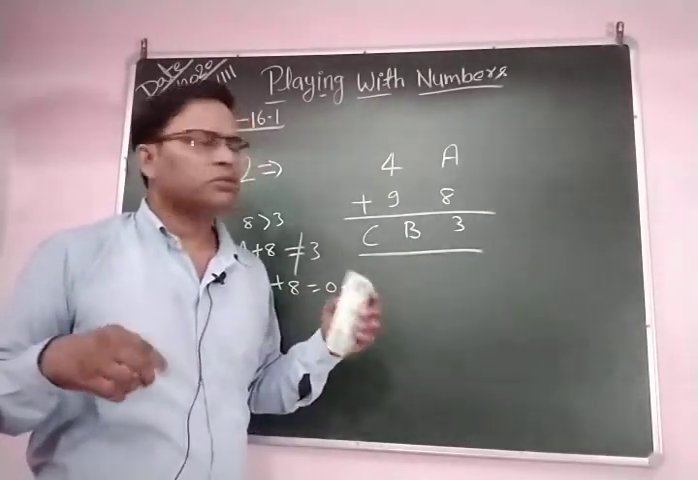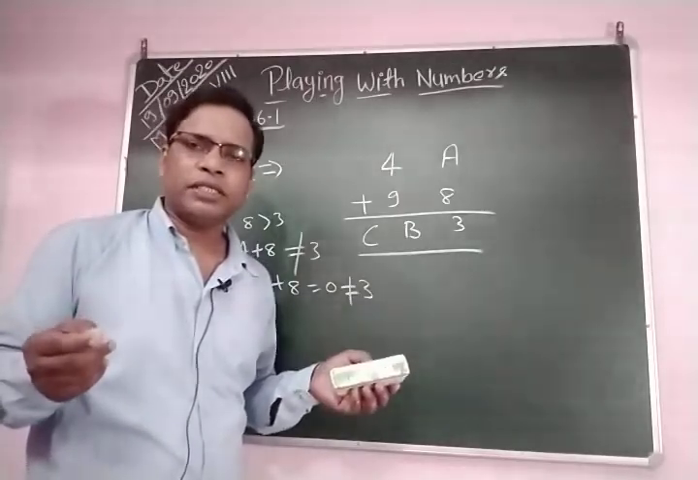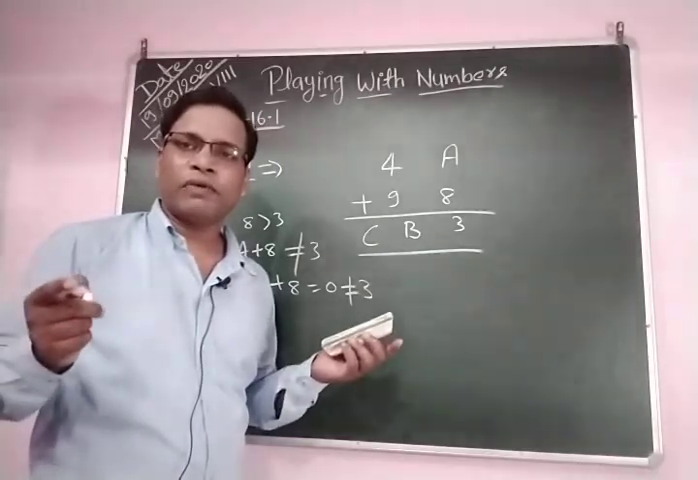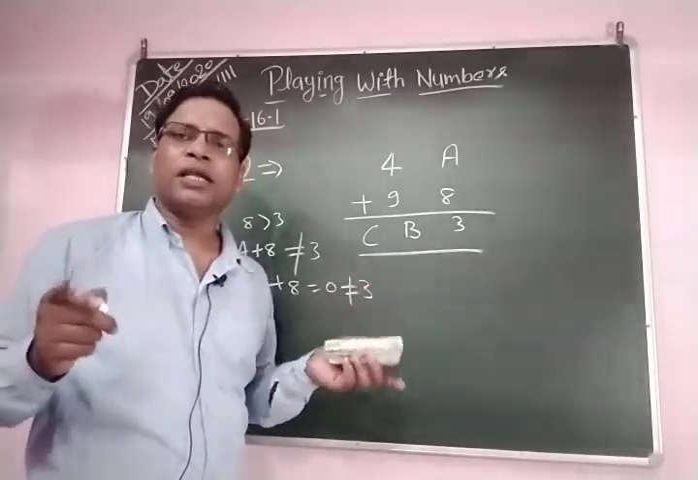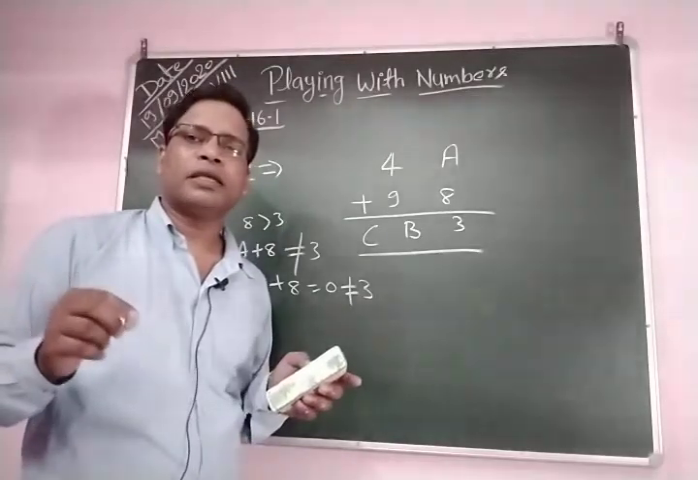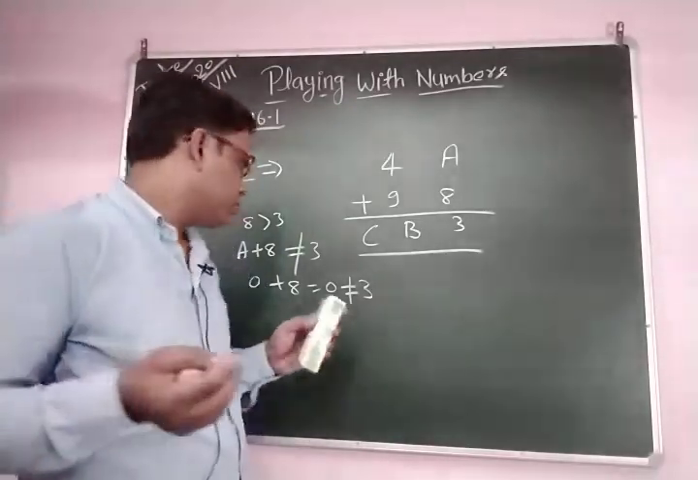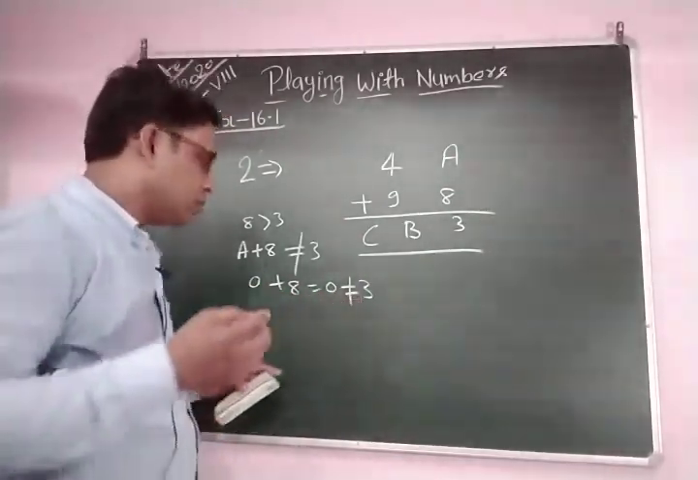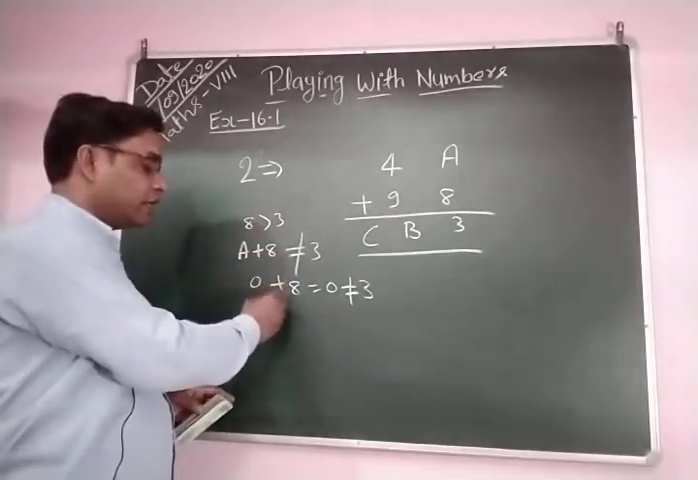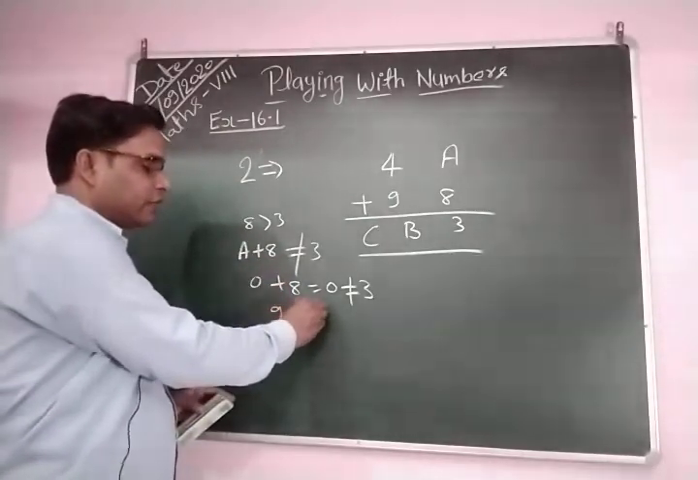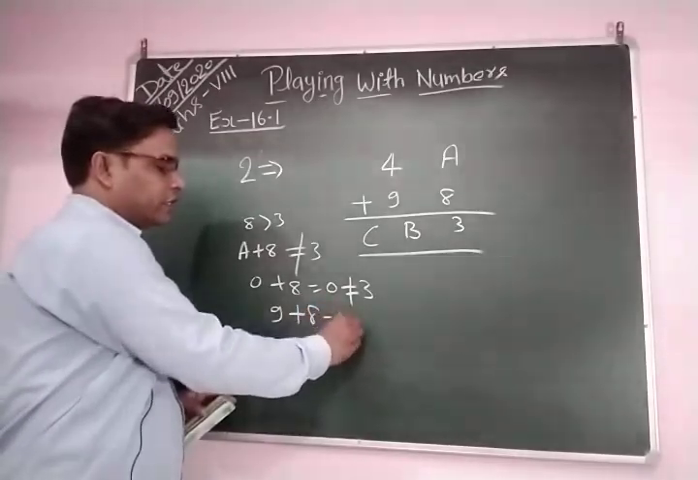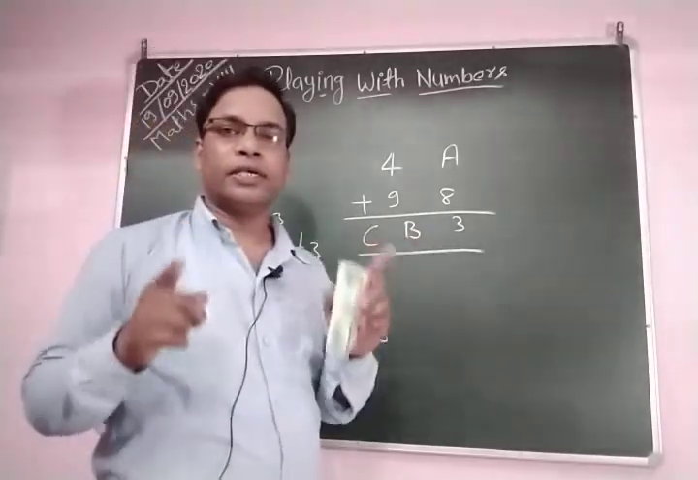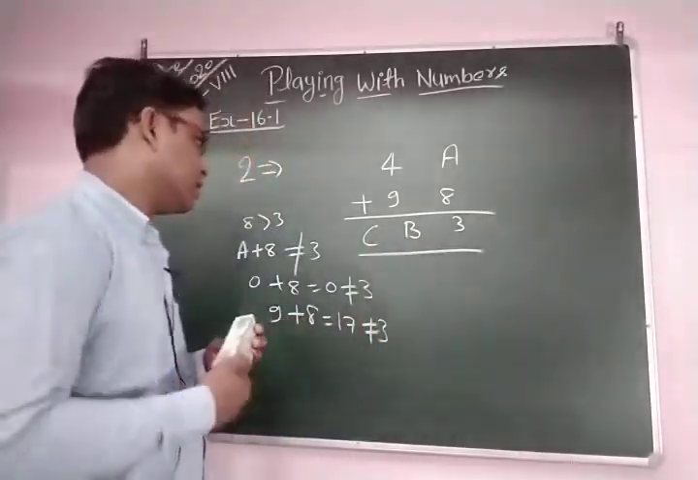Okay, you can take the maximum value of A. What is the maximum digit of A? 9. The maximum value of A is 9, and the minimum value of A is 0. So if you add 0 to 8, you obtain 8, not 3. And if you take the maximum value of A, 9, and add 8 to this, it is equal to 17. This is not equal to 3. It means that this is not 3. This is 13. What is this? This is 13. Okay, so